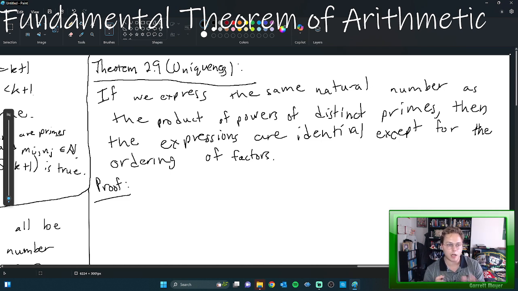There can't be two distinct products of powers of primes that correspond to the same natural number. Those two products must be identical. For this proof, we're going to use proof by contradiction. So suppose for contradiction